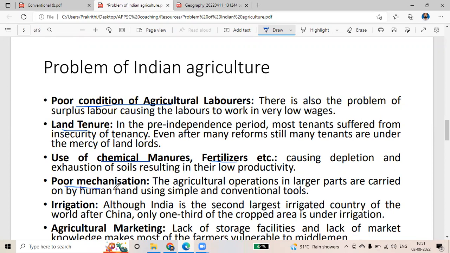Then poor mechanization. Poor mechanization, अभी just I have already told you, ऐसा है छोटा farmers है who is doing this for subsistence farming. Most of the Indian farming is subsistence farming है बहुत जगह पे. So they have no good machineries. They are depending on traditional method and conventional tools. उसको depend करता है. So what is the output? लो प्रोडक्टिविटी, लैंड से प्रोडक्टिविटी कम मिलता है बिकॉज ऑफ दिस पुअर मैकेनाइजेशन.